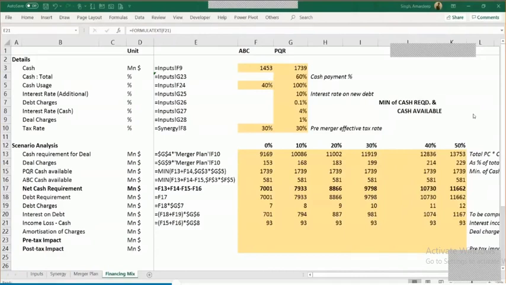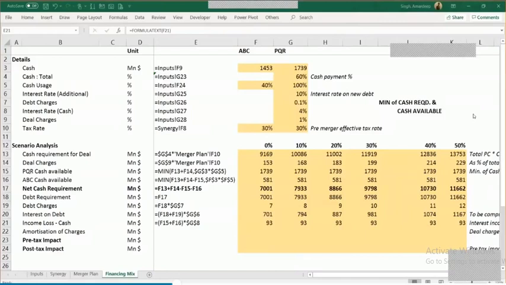So before the merger, what would have happened? Let's say there was 100 rupees of loan given by ABC to PQR, then ABC was getting 10% income on it, let's say 10 rupees, and PQR was showing it as an expense of 10. But after this, both of these would get cancelled once you combine these two. Even if you don't do any treatment, automatically it has to be cancelled because in one P&L you are taking a plus towards interest income, and in the other P&L you are taking a minus towards the interest expense. You don't even need to do that adjustment because it will be automatically cancelled.